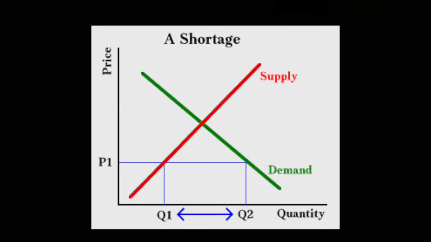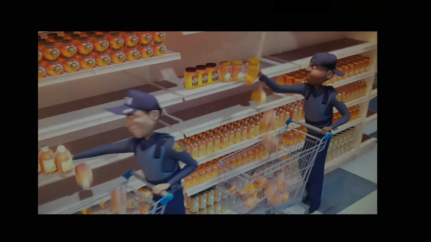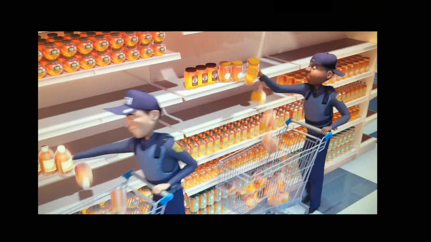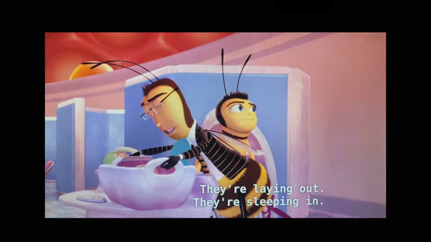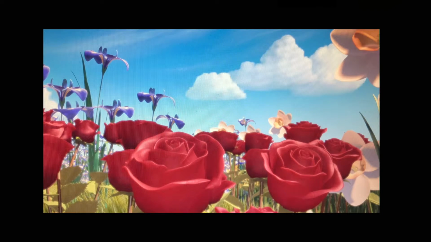Shortage is a situation in which consumers want more of a good or service than producers are willing to make available at a particular price. The shortage in the bee movie is when the bees take the honey back from the humans and the bees stop working because they have so much honey that they don't need to produce any more. By the bees not working, the humans as well as the environment around them get affected by this. Since the bees don't need to make any honey, they do not go out and pollinate the flowers and take the nectar, therefore the flowers start to die.